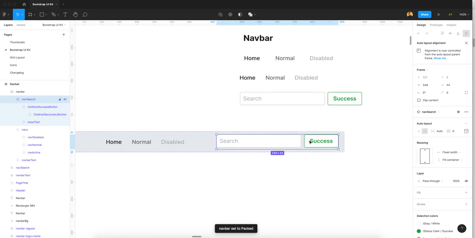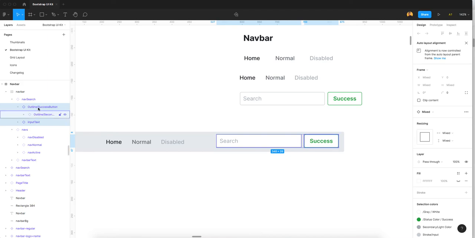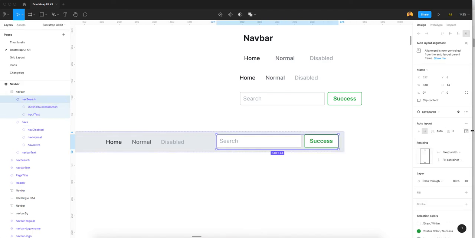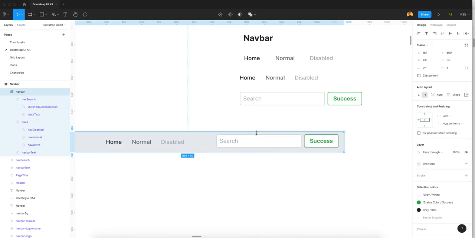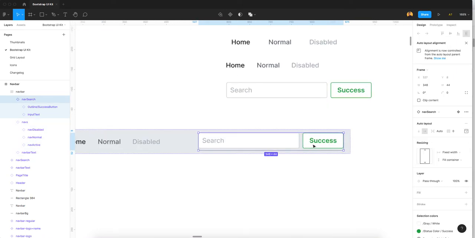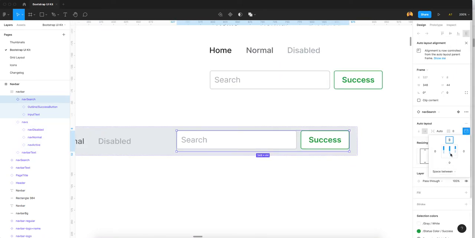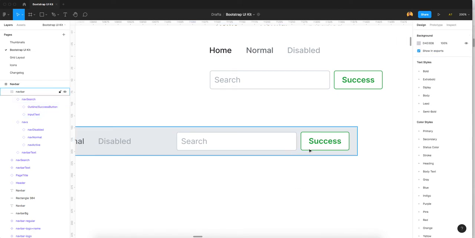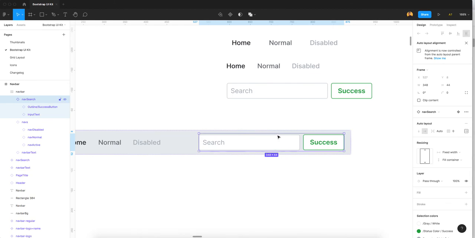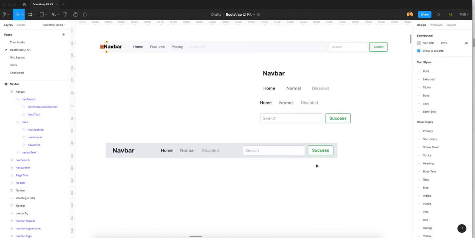Oh, sorry, no. This is the navbar search, and we need to use space between. Go here and we use space between this. Okay, got it. We need a vertical align, so we click here and select vertical space. So we got equal height of our components with this.